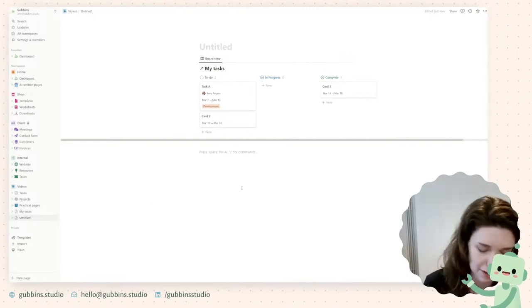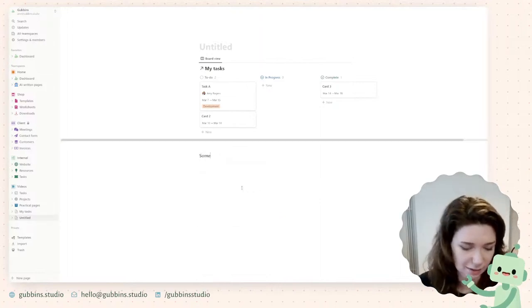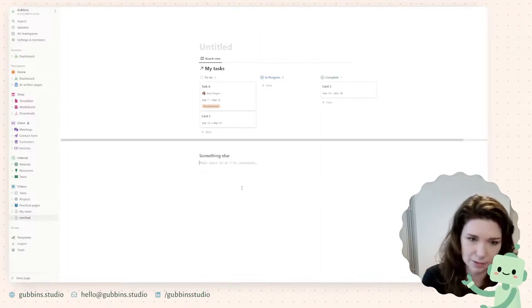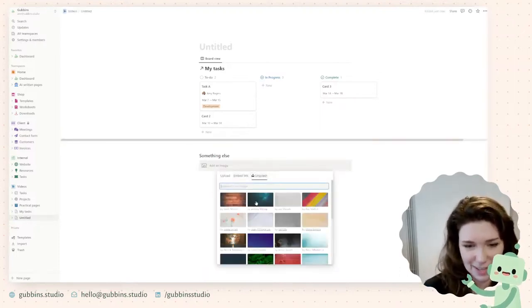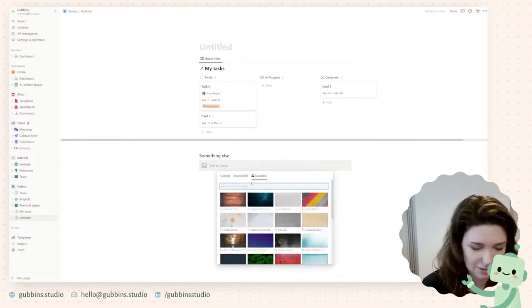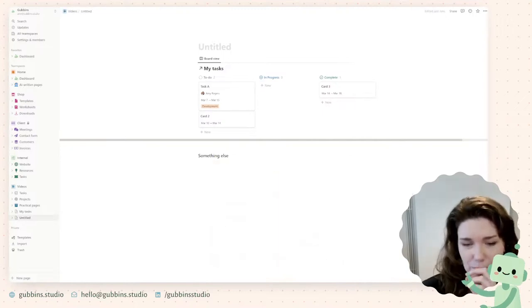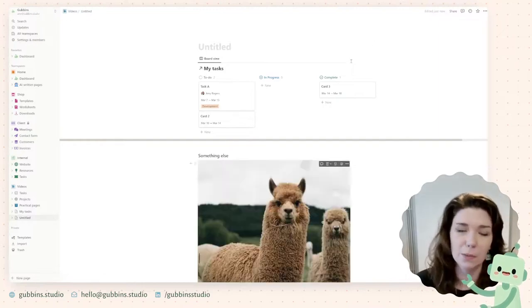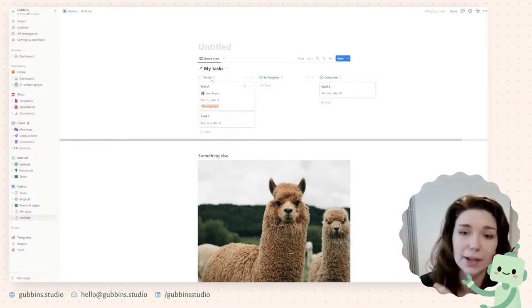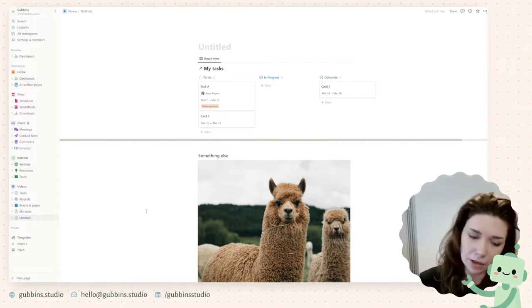So if you wanted to have, I don't know, something else here, and then something else, anything else, I don't know, that'll do. So you can see if you'd built out a particular project page here with more details in, and then you wanted to bring in the tasks that you currently were working on, you could do that with Notion quite quickly, but that's for another video.